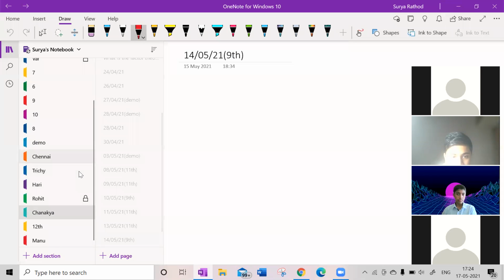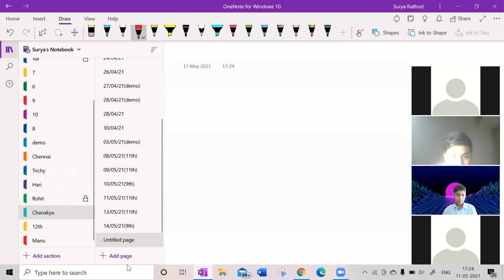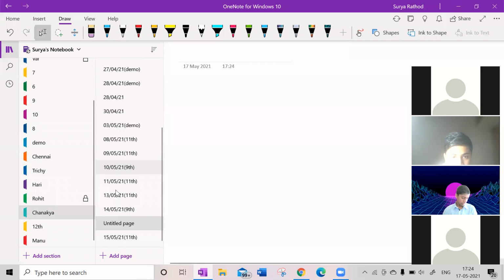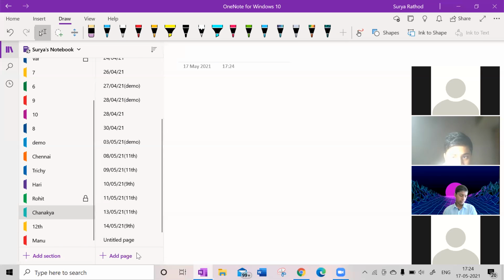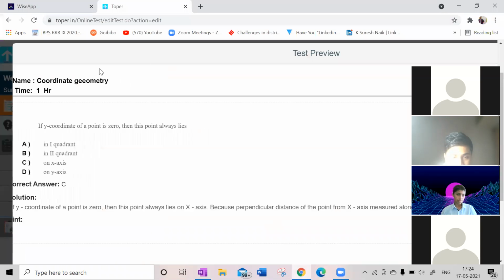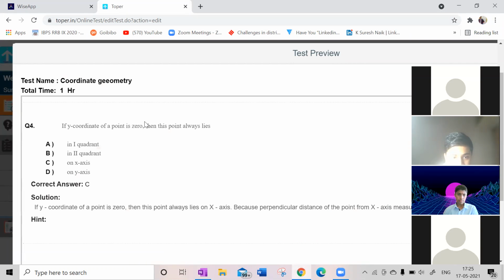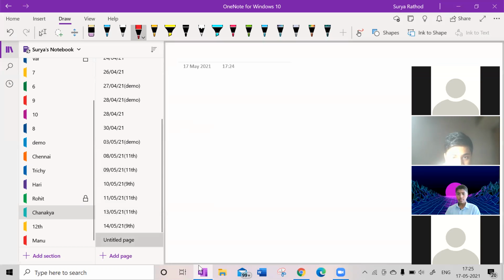Sir, I actually wrote the test on coordinate systems, sir, not coordinate geometry. Both are the same, Babu. There is nothing wrong. Sir, some questions are different. For me, the second question is different. Sir, I have been given coordinate geometry only. See, one second. Who is talking? Some background noise I'm getting. Can you please turn it off? Who is that?